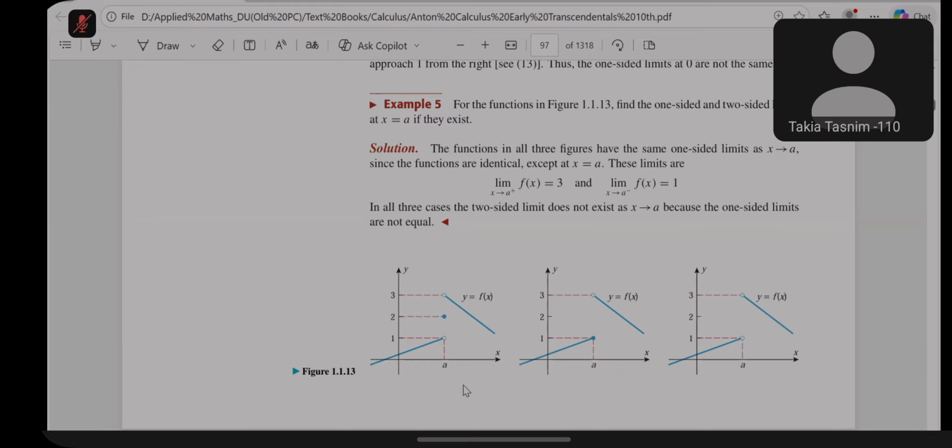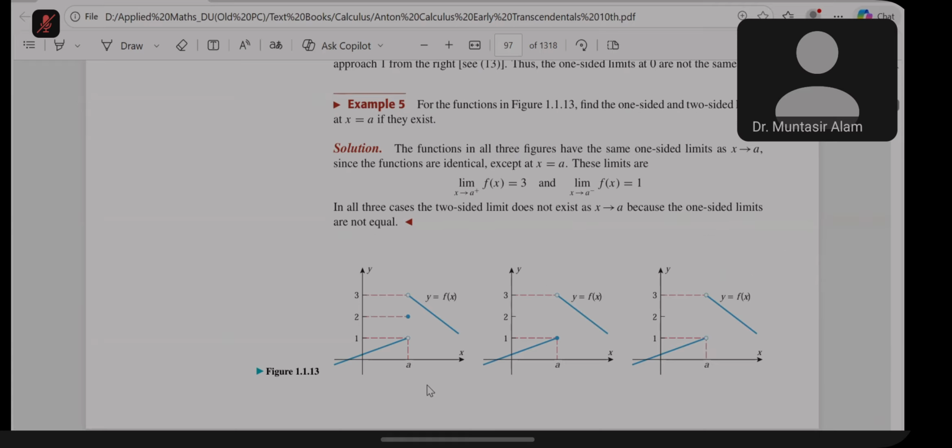Two. Exactly. So it has a function value which differs from the limiting value. Therefore, the function is discontinuous. Because in the next chapter, we will learn about the continuous function, and in that chapter, we will see there are 3 conditions